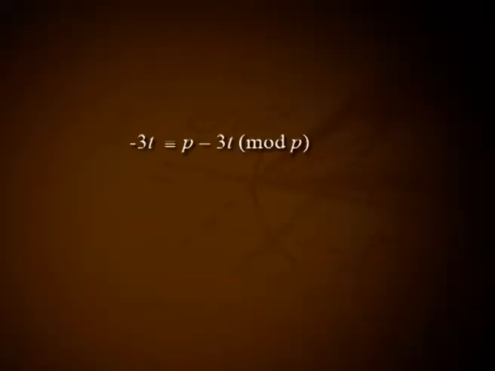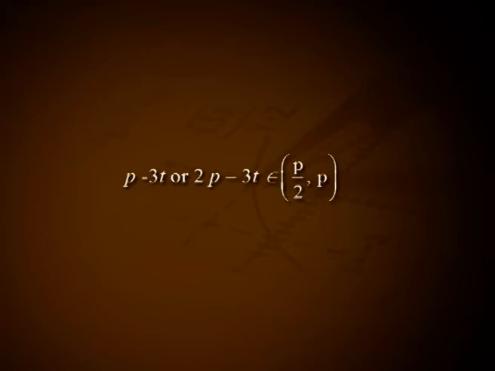That leave negative least residue mod p. Such integers are multiples of -3 modulo p that lie in the closed interval [p/2, p]. Further, since -3t ≡ p - 3t mod p and -3t ≡ 2p - 3t mod p, therefore if p - 3t or 2p - 3t belongs to the interval (p/2, p) for some integer